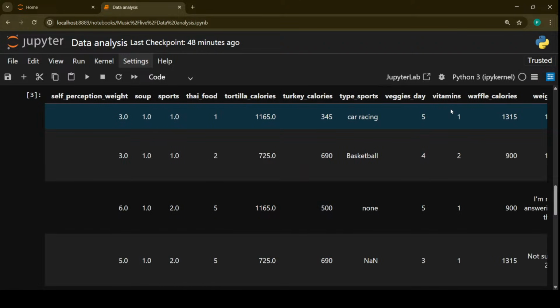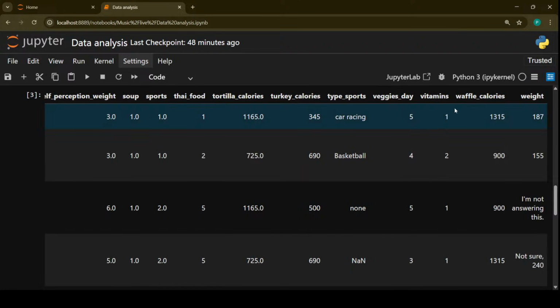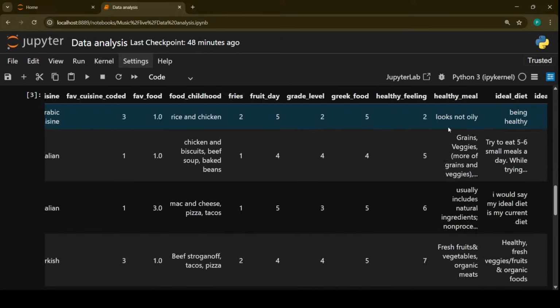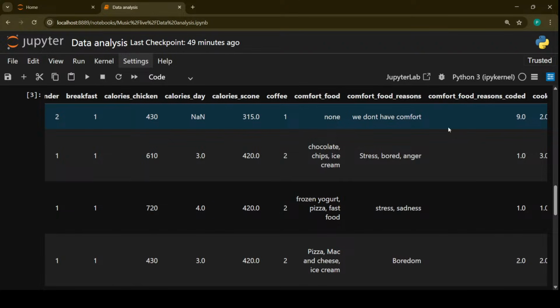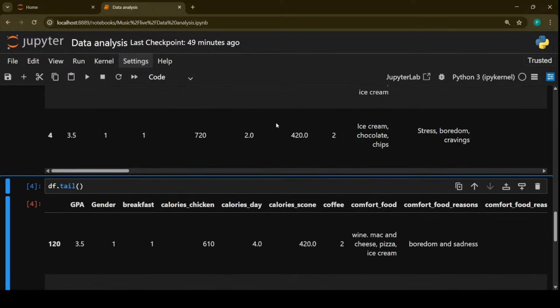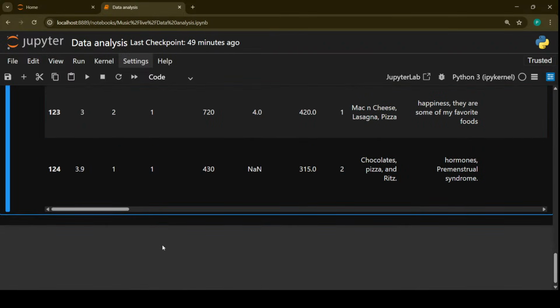Okay, and there are many more. As you can see, veggie stays. I'll share the data set with you so you can have a quick look around it. Okay, waffle calories, how many, and what is the weight? I guess in pounds. So this is how our data set looks and this is how the columns are. Okay, now